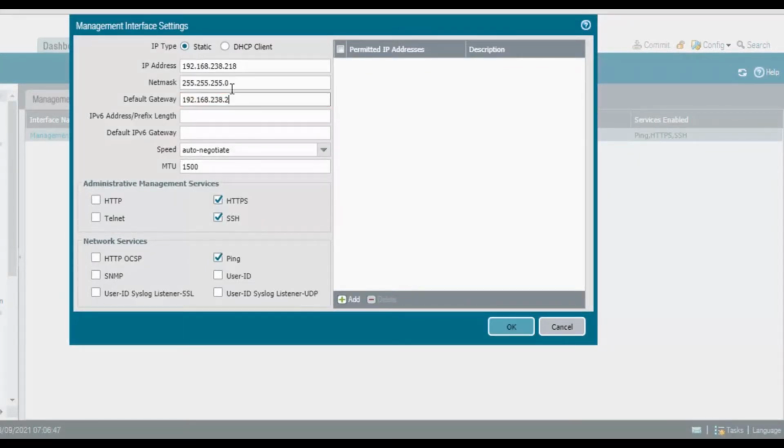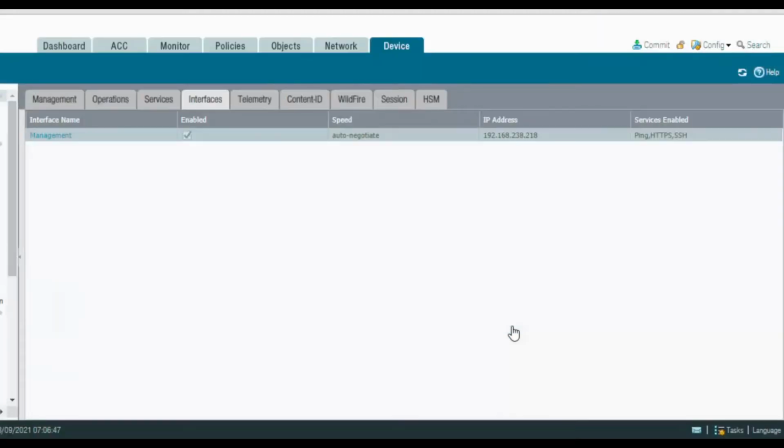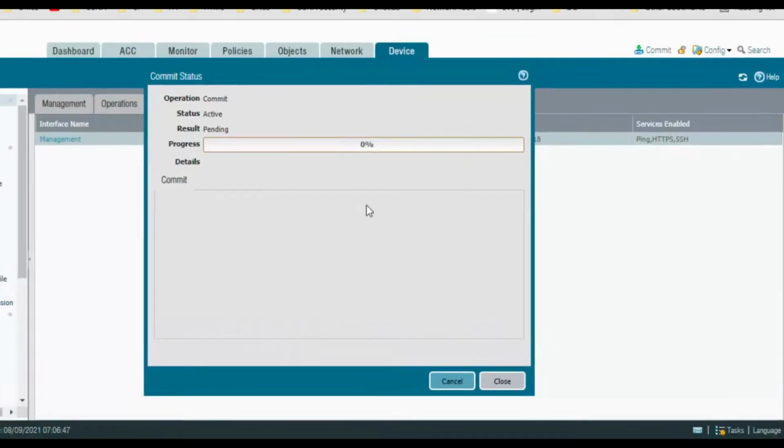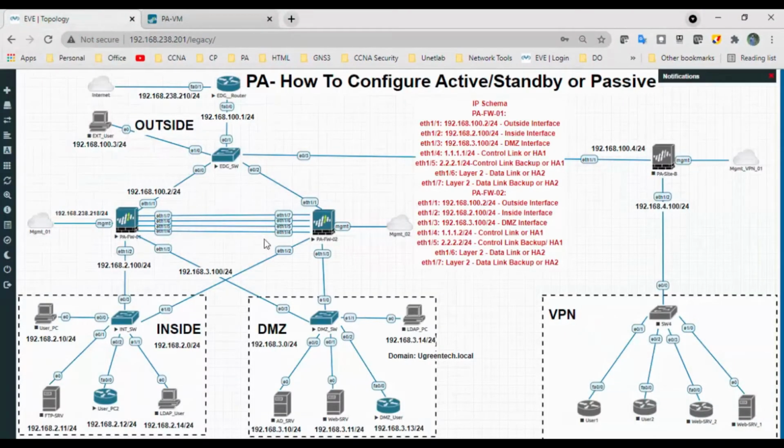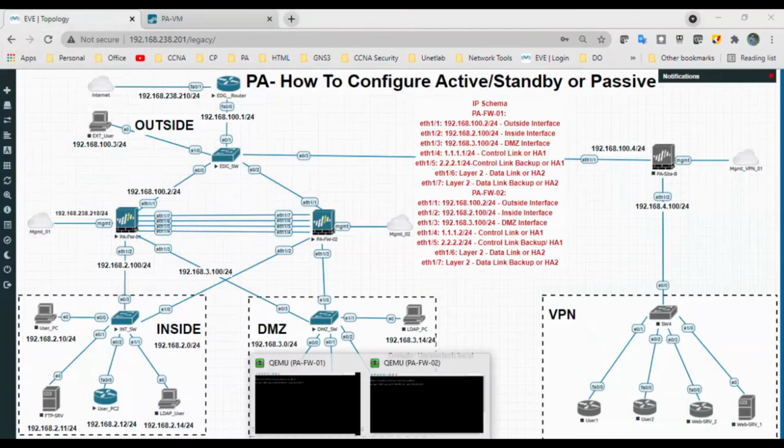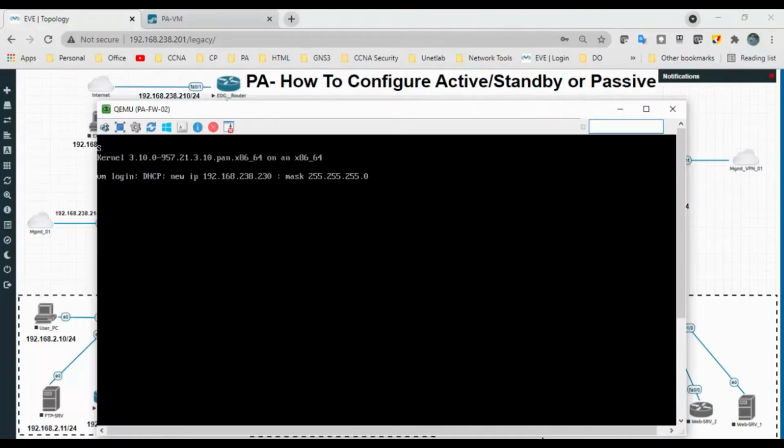In my case it's 238.2, and you need to check in your case what the default gateway will be. So click on OK and commit the changes.